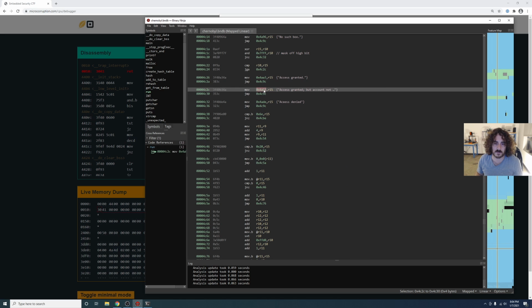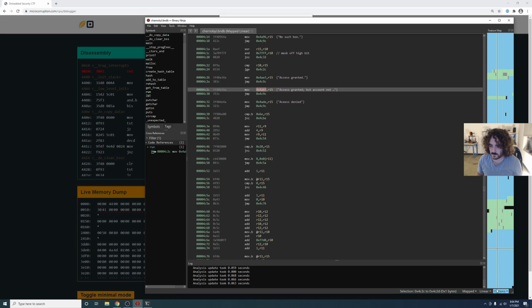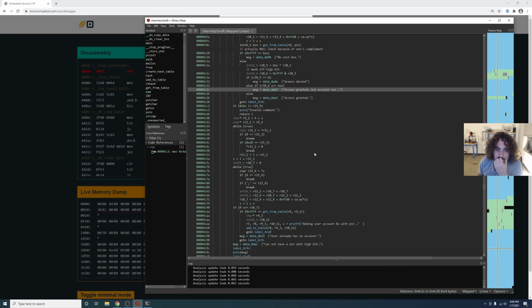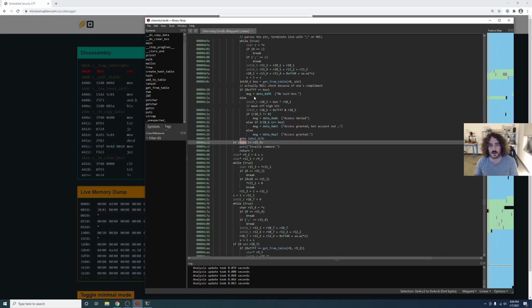But not activated. So it's kind of weird. Don't know exactly what's going on here, but starting to make some progress. So if we look down here, this is the part that I think we actually care about. This is the other hidden command that they don't tell us about in here. We look here and